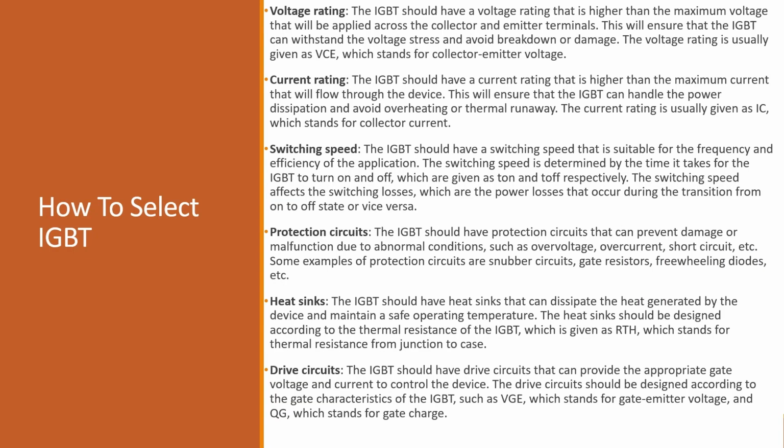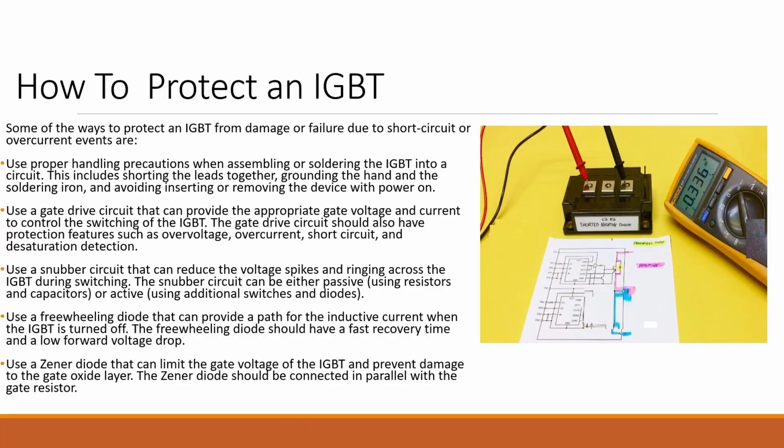Following are the parameters involved in selecting IGBT. Voltage rating, current rating, switching speed, protection circuits, heat sinks, drive circuits. Some of the ways to protect an IGBT from damage or failure due to short circuit or overcurrent events are: